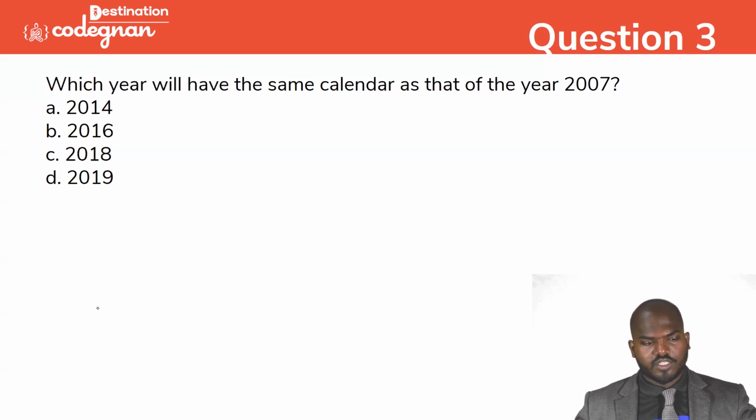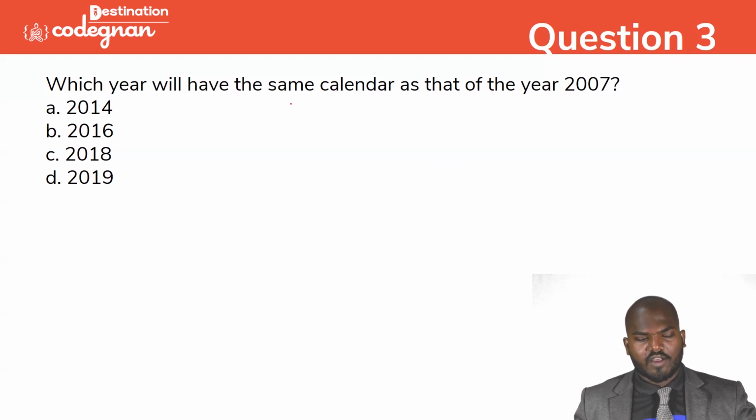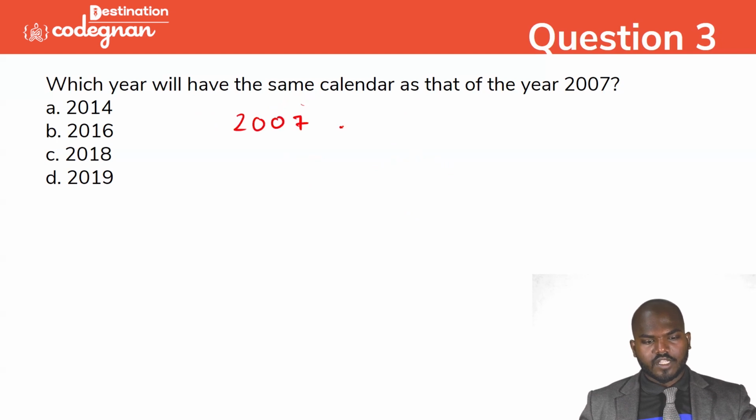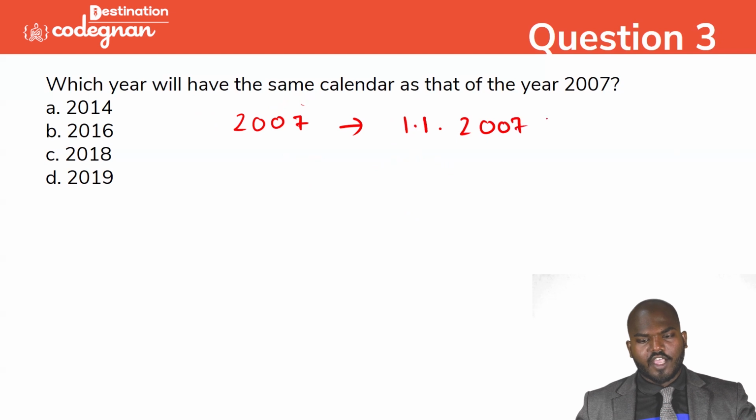The option C is one of the very important parameters. If you check it, everyone will think the same calendar will come in the next year, so they will go for option A, but that is not the correct answer. If you check it, guys, 2007: today I'm calling 1/1/2007 as one day. And next,